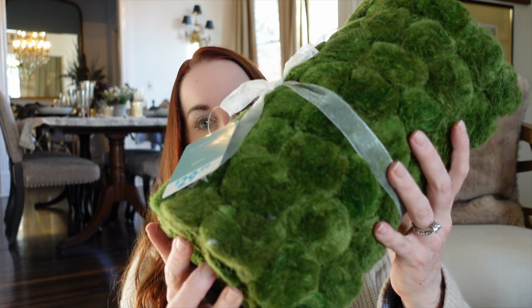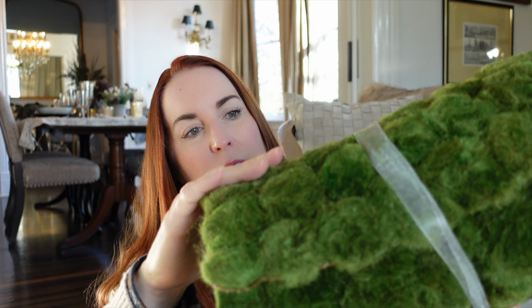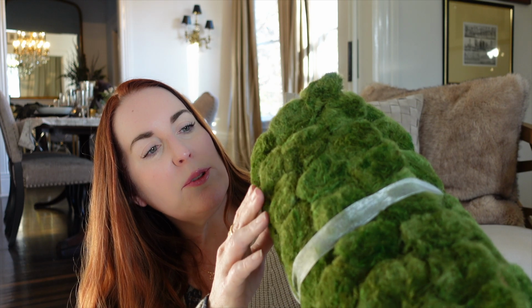I mean, $14.99. Also for the table, they had this really cool table runner that I could not leave behind. This was $30 and it's kind of like fake grass, but in like this really cool pebbled pattern. I think I'm gonna put it on top of either a wider table runner, so it extends out here, or on top of a tablecloth, or both. I don't have my spring dining room table plan solidified in my head yet, but this is definitely going to